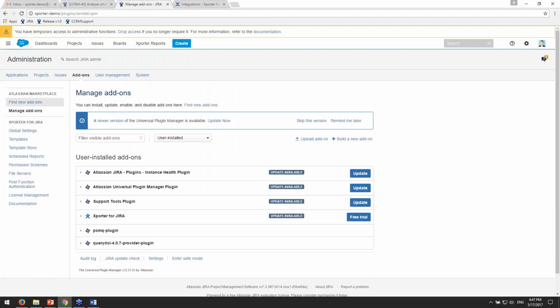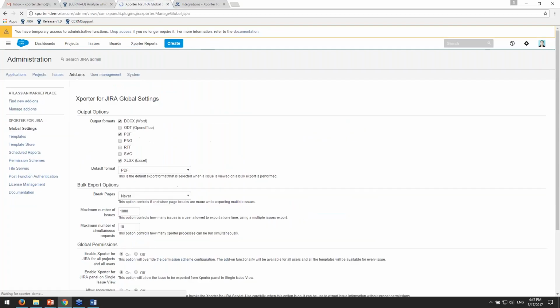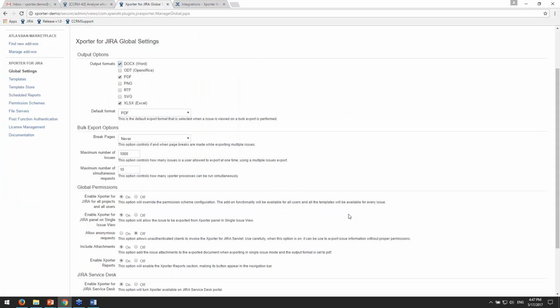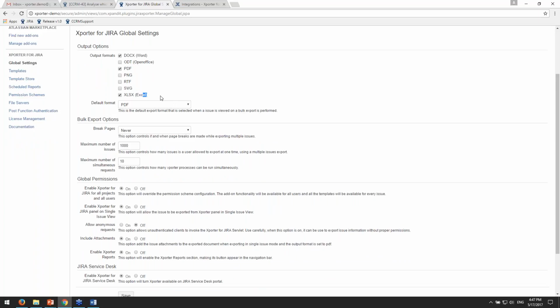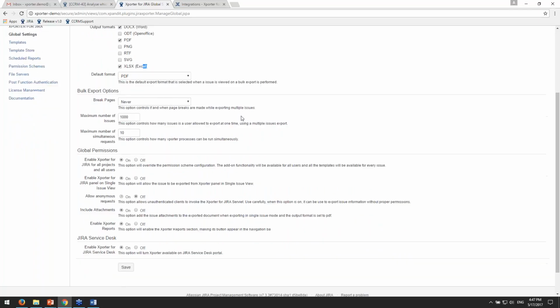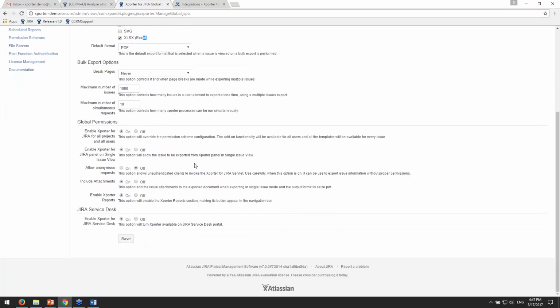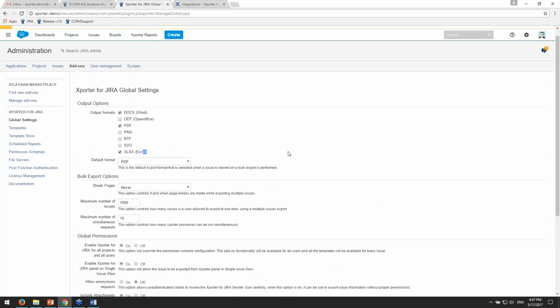Let me just give you an overview of the administration section of Xporter. Here in global settings, you can define how Xporter will behave. For example, output formats. We never saw OpenOffice format. We only have Word, PDF and Excel formats enabled, so those were the only ones we saw. There's also a behavioral setting. We can enable Xporter to be public, so anyone without a login on our Jira can export anything. That's not really recommended, but you can configure that behavior in here,